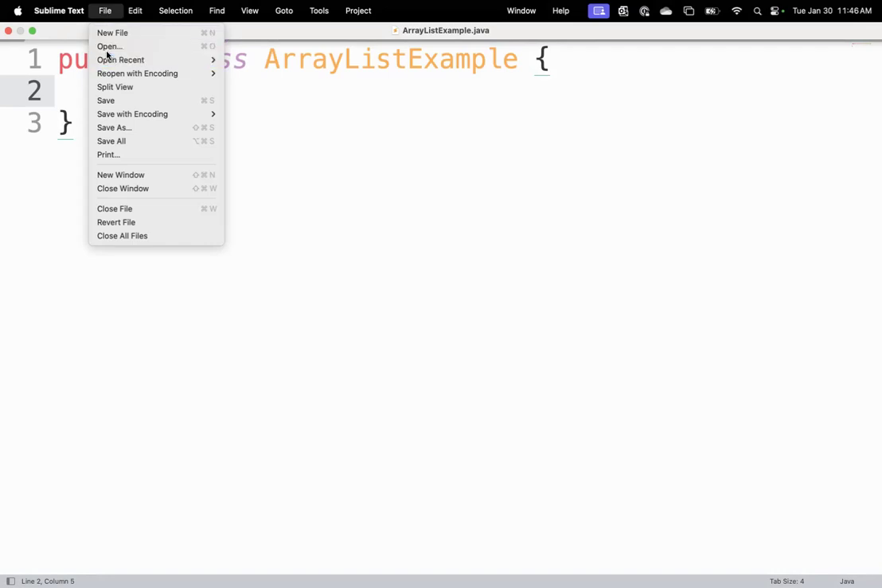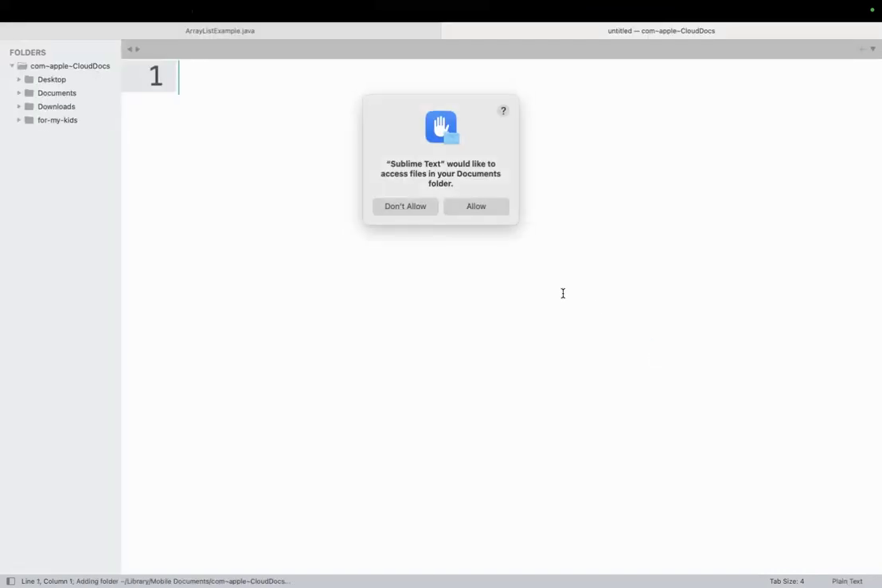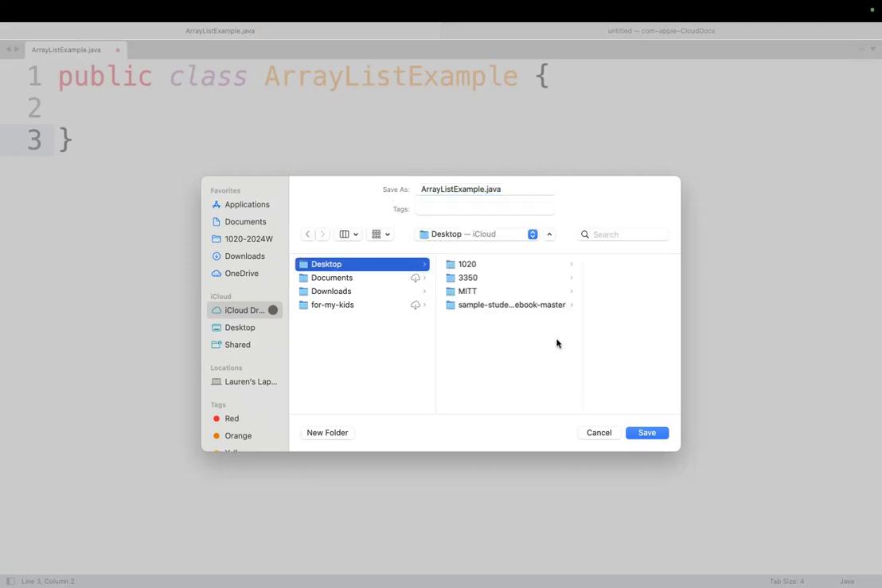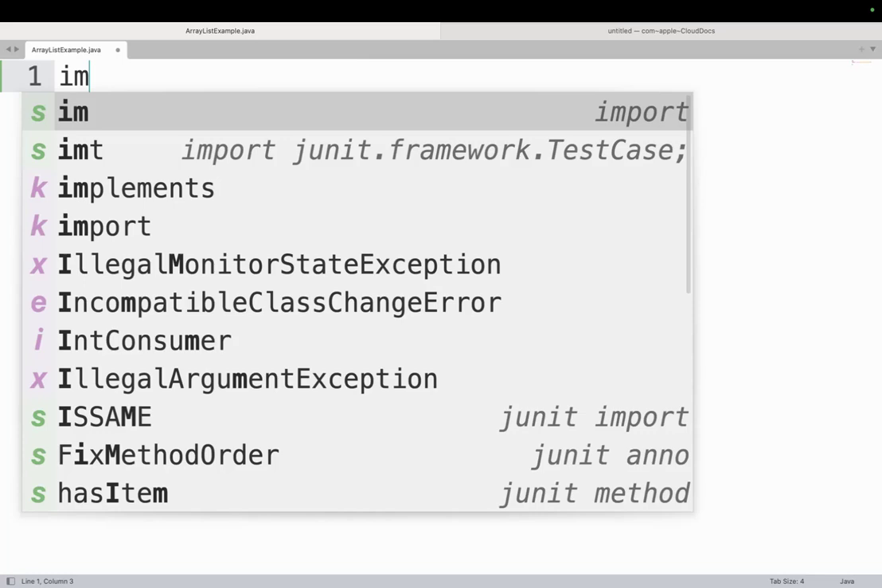Where did I put that? I meant to put that on my desktop, but did I? Nope, I didn't. Let's try and save this again. ArrayListExample, save it to my desktop. Okay, sorry. Okay, so we have to have that import